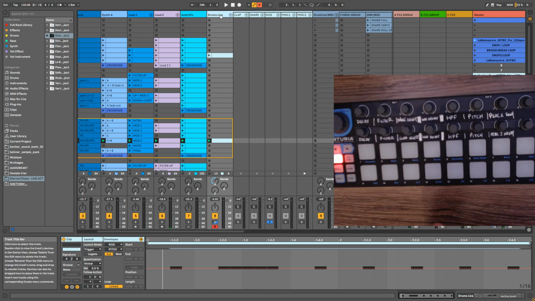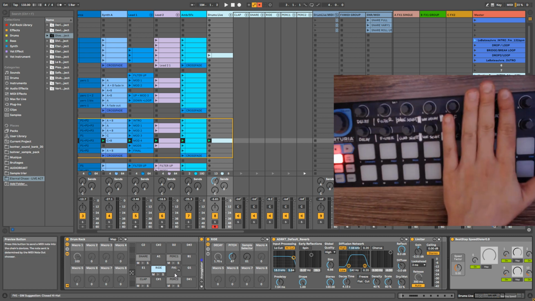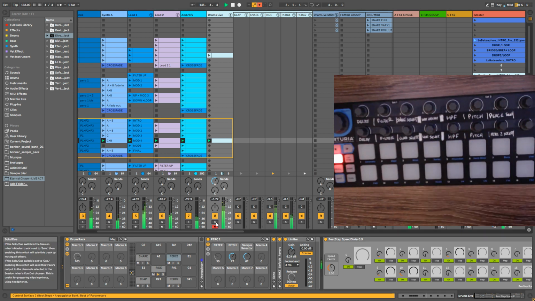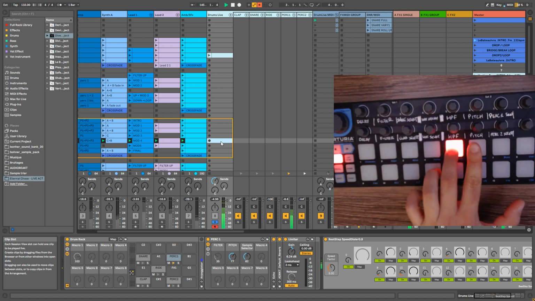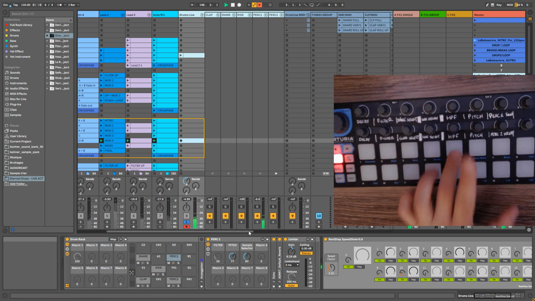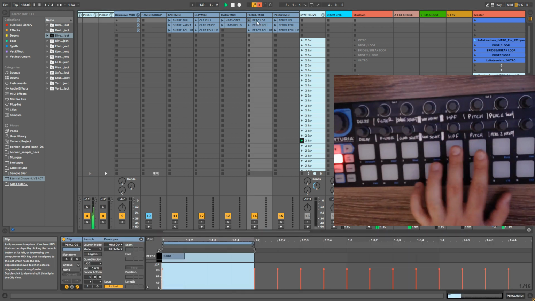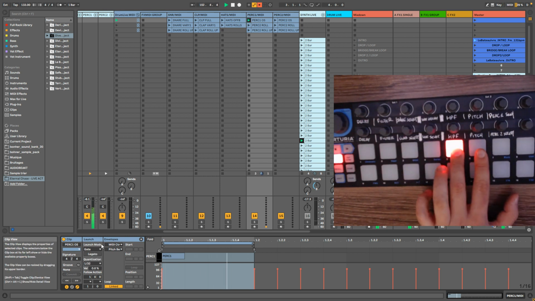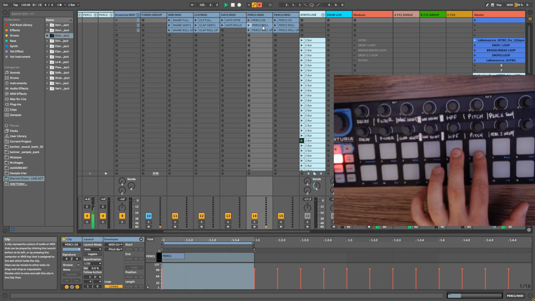And the thing is, I've added as well these two, perk 1 and perk 2, which is exactly the same as this part of the Beatstep. Here, I'm just gonna get rid of the ride. And here, when I press this pad, it's triggering this note. You can see this pad here, and it's exactly the same. The clip is in gate mode, so if I keep pressing, it's looping, but if I just press once, it's stopping. And here as well, I have the roll,